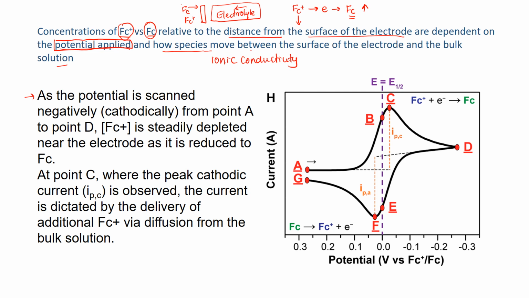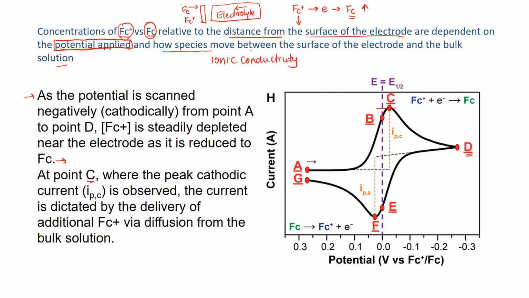We have reached up to C, and on further increase to D, the Fc plus get steadily depleted near the electrode. That means the Fc plus will become nearly zero, and almost everything will be converted to Fc, and at the point C there is the peak cathodic current,